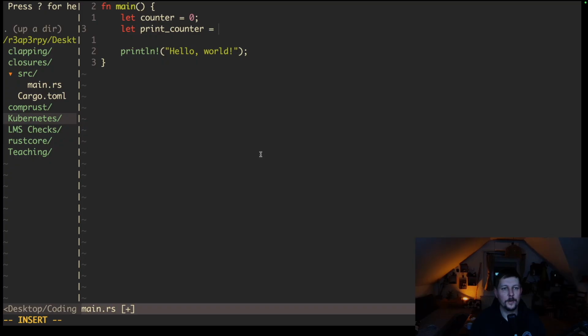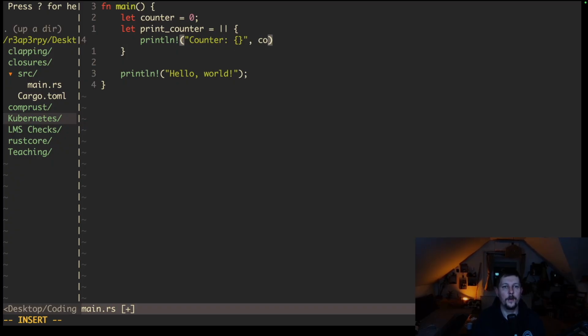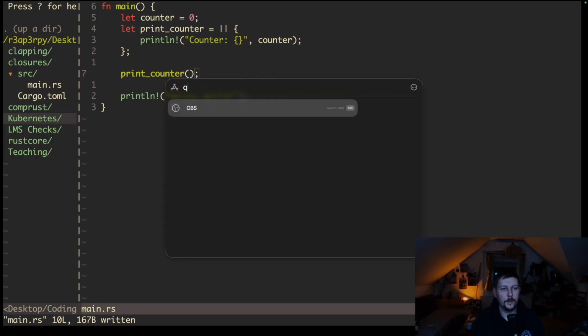I'm going to use copy paste, basically. So the print counter is going to be a closure, and it is going to print that the counter is whatever the value is shown by the counter. And don't forget the closing. And if I use the print counter and I call it,